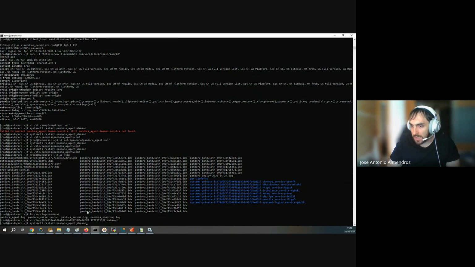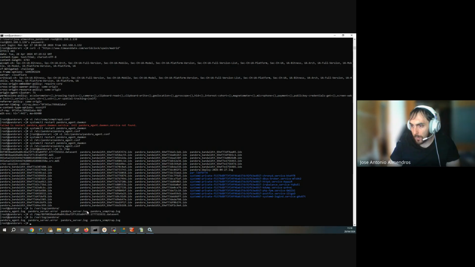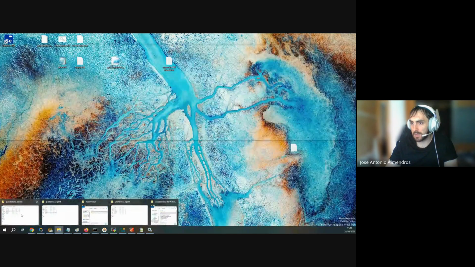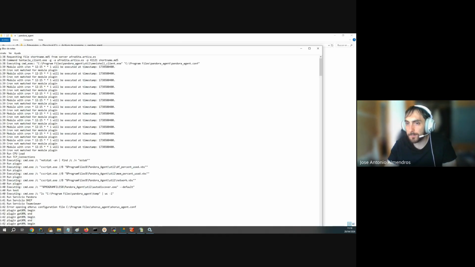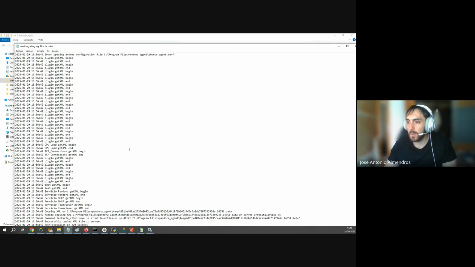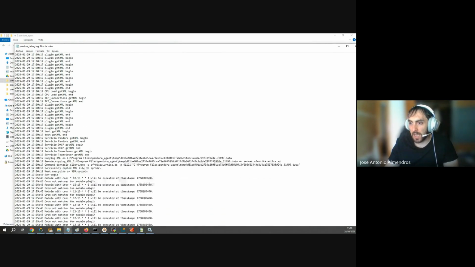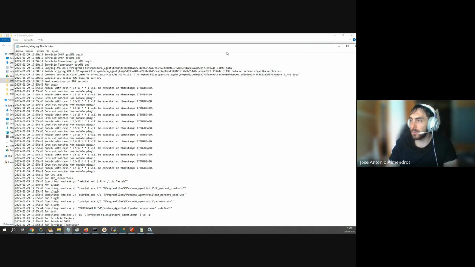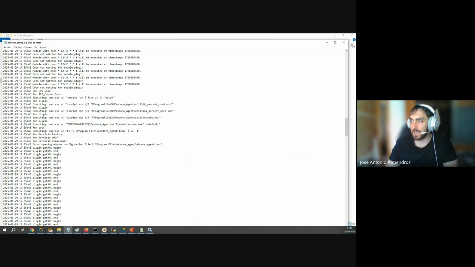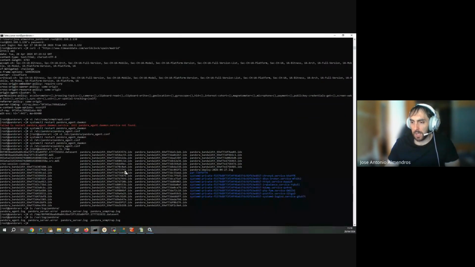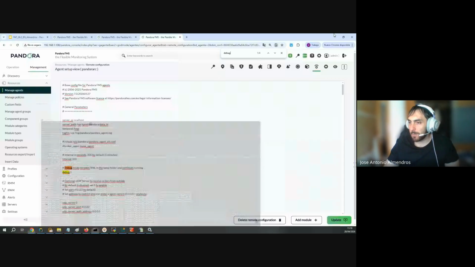It doesn't generate a debug file, but it will be generating in the next execution. But here in Windows, I have one debug file, Pandora debug, from a previous execution, and here we can see what the software agent is doing to debug problems in the case that we need. Okay. To disable, you have to disable the debug here